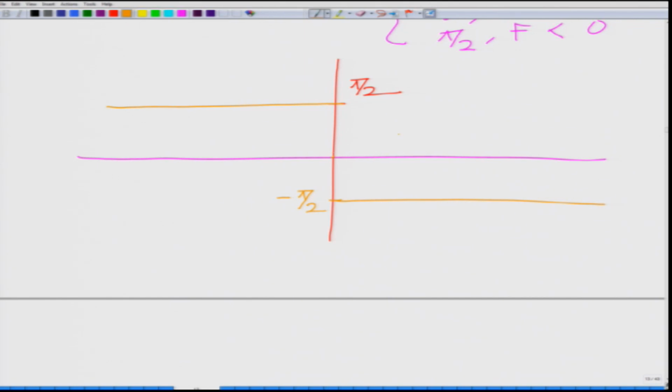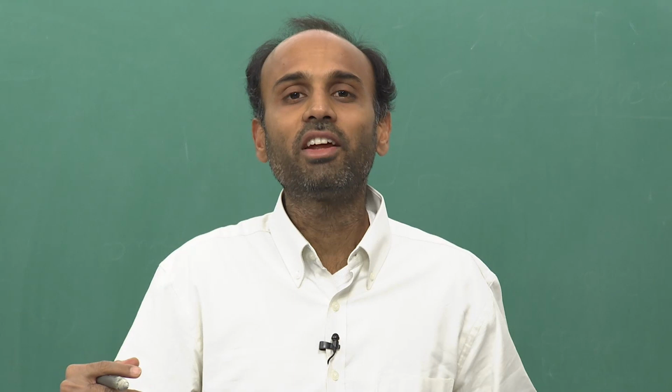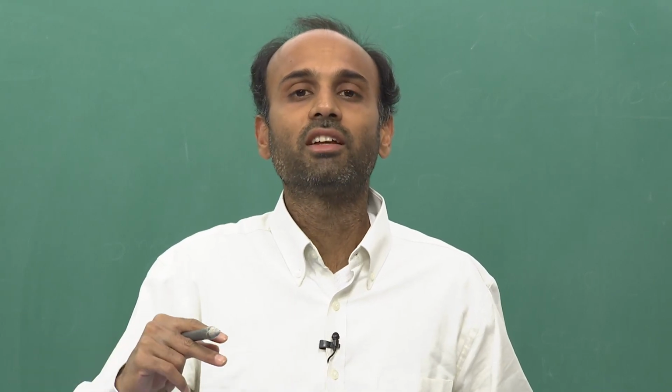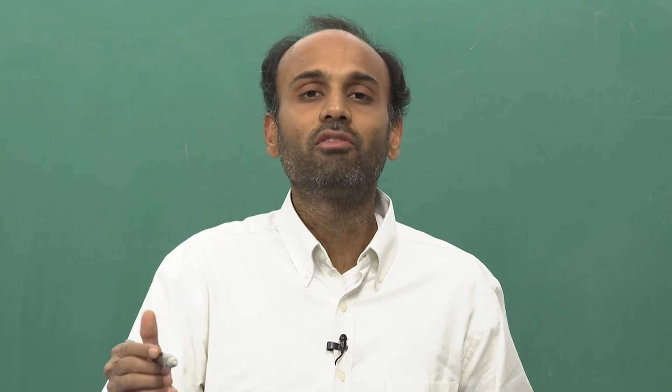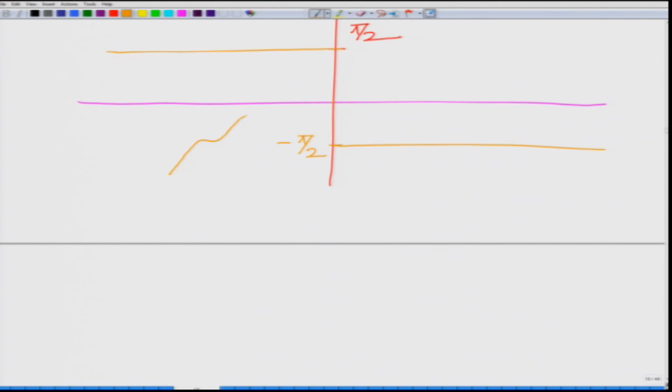So, basically if you can look at this, you can see that the gain is unity except at f equal to 0, and all positive frequencies are shifted by minus pi by 2 phase, all negative frequencies are shifted by the phase pi by 2. Therefore, this is a phase shifter. Basically, what this is doing is shifting, this is the Hilbert transform. If you can see, it is shifting